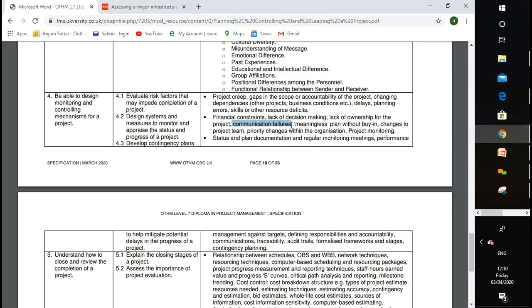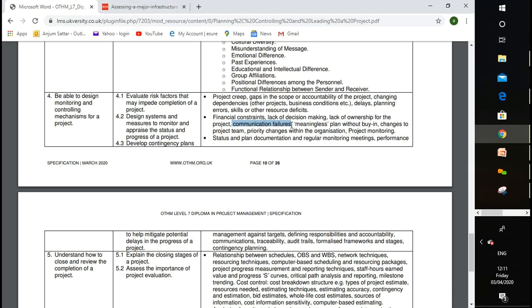And the communication failure. Why is communication a failure? That's why we discuss it in LO3. A communication plan is very crucial to make our project successful. A meaningful plan without buy-in from the project team. About the project team, we discussed Henry Ford: coming together is a beginning, keeping together is progress, and working